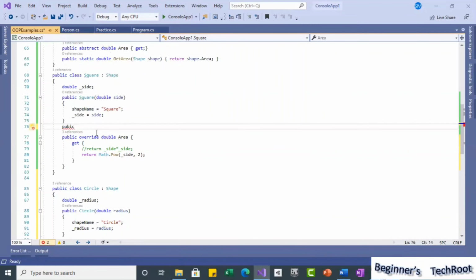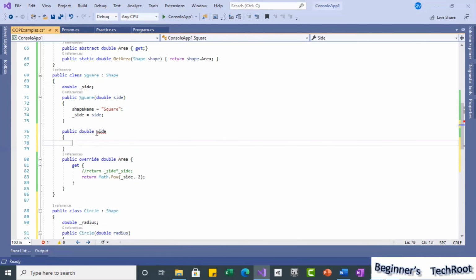So here, what I am going to do: public. Okay, so for square, I want to expose the side. So double, and then the property, I will give the name Side, and then I will define the get accessor, and in the get I can give return underscore side.